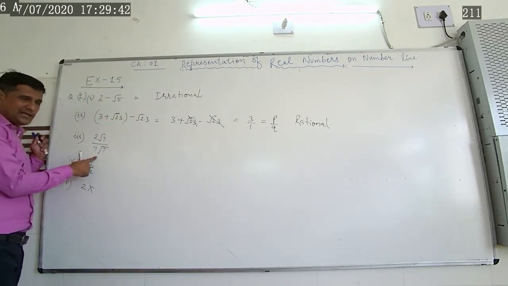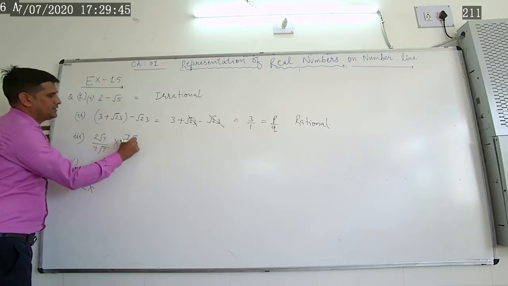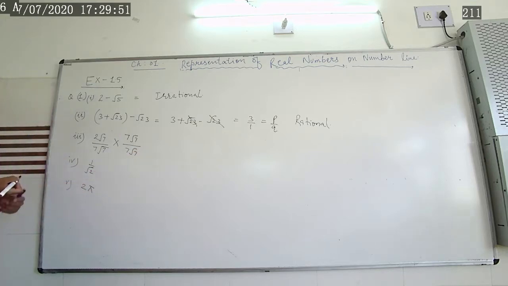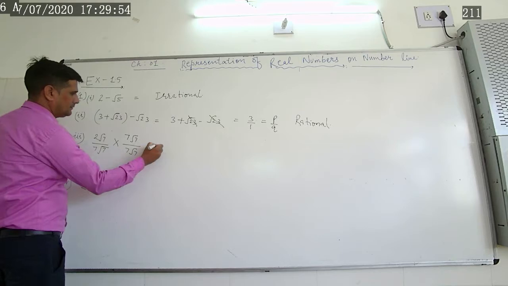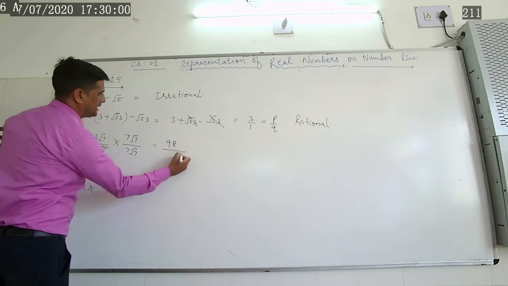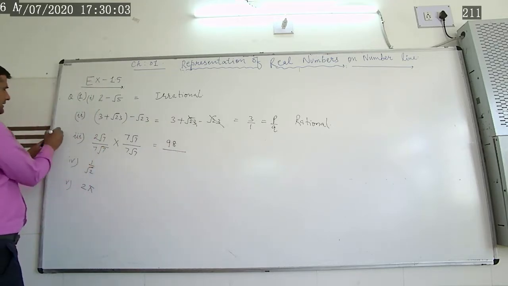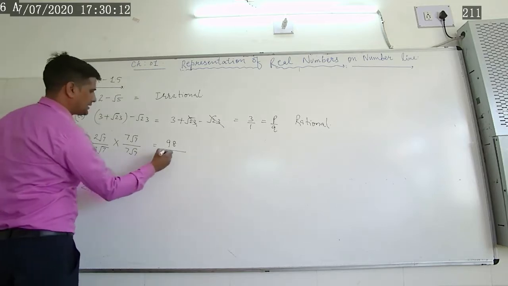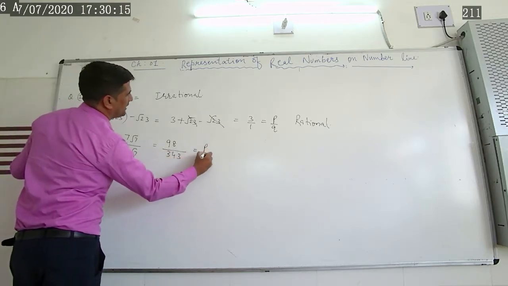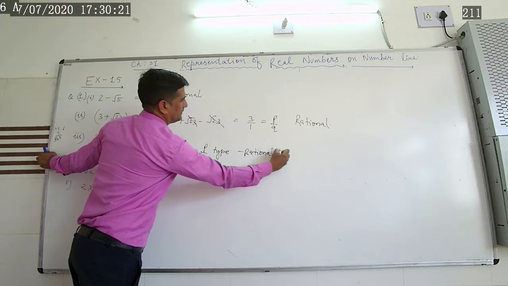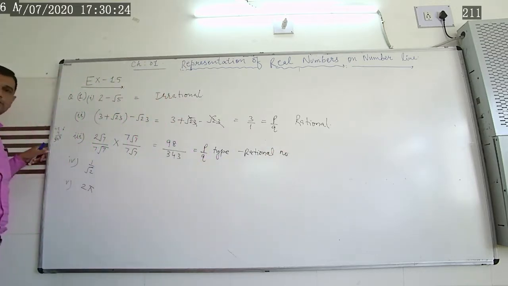Now here in the denominator an irrational number is there, so I can do simple rationalization. So what you people will think about it, it will come 2 sevens are 14, 14 sevens are 98 over 49 sevens are 343. This is again of p by q type. It is rational. Which type of number is it? A rational type of number.